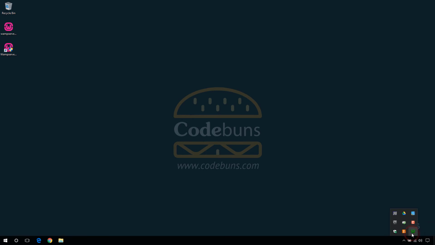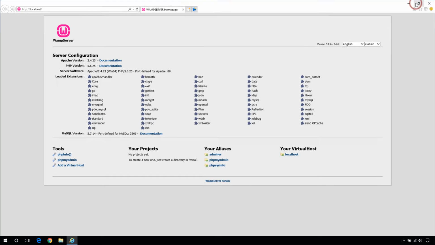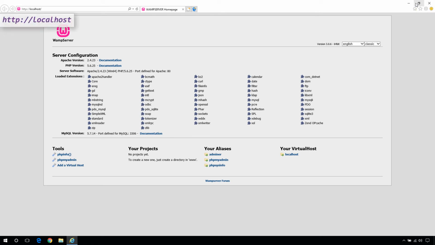Left click the icon to bring up the main menu. Here you can start, stop and restart the services. Moreover, Apache, MySQL and PHP can also be managed from this menu. Right click the icon to display another menu with options like WAMP settings, tools, language, exit, etc. Left click and select localhost. It will open my default browser pointing directly at WAMP server itself. You can see the welcome screen with the server configuration. You can directly go to this page just by typing this or this in the address bar of your browser.